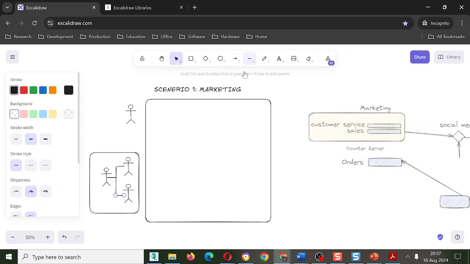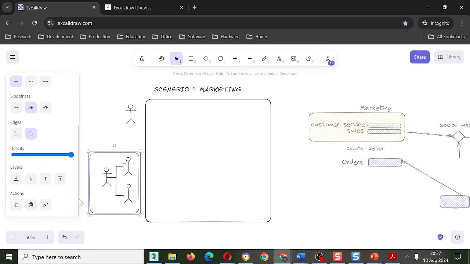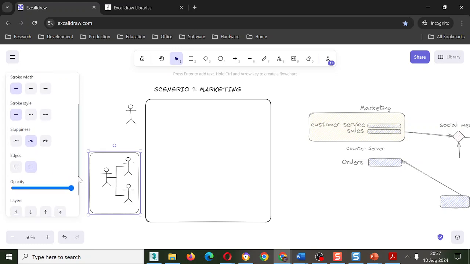Okay? And again, just to soften things in terms of representation, I'll just pick this, remove the stroke, stroke style, stroke background, stroke width. I remove it. Stroke, it's gone.